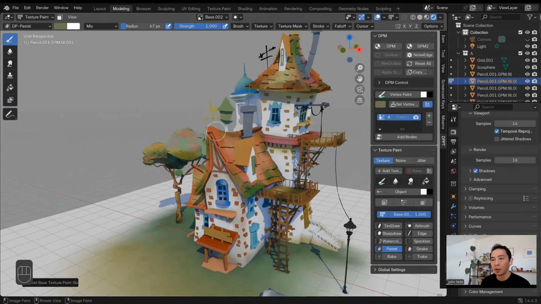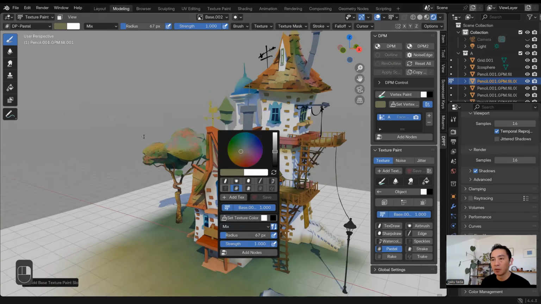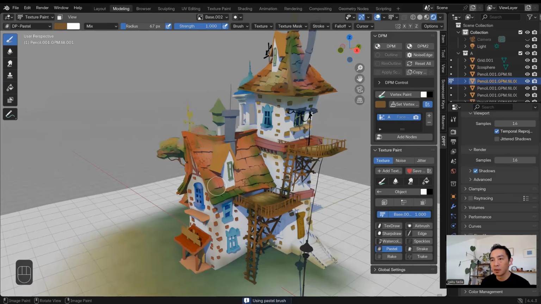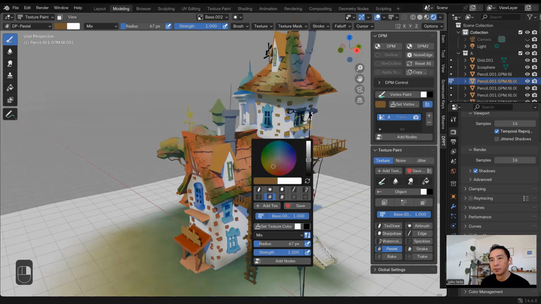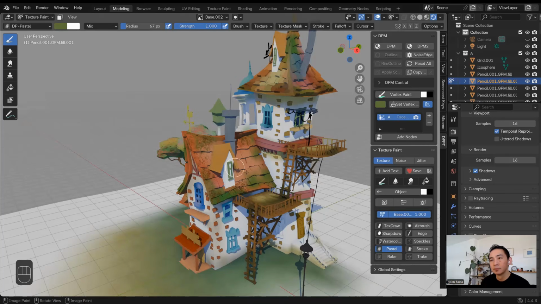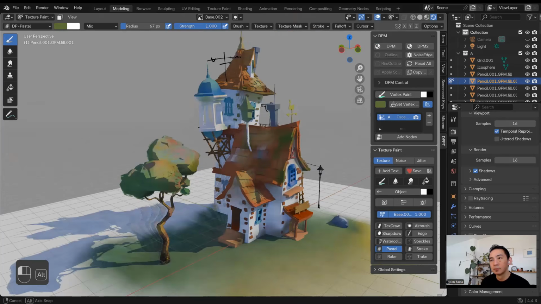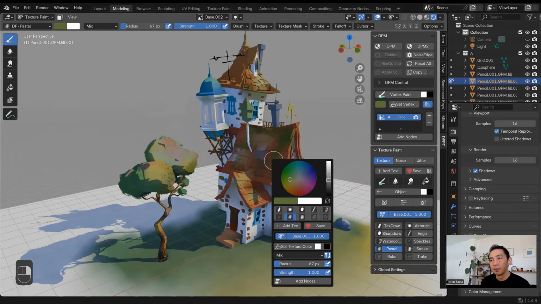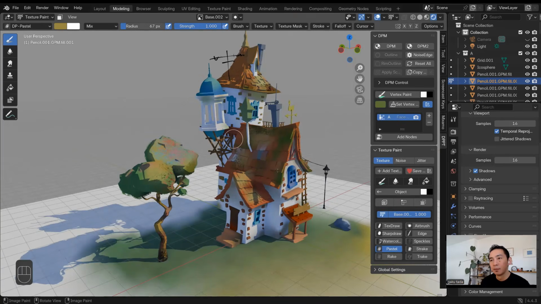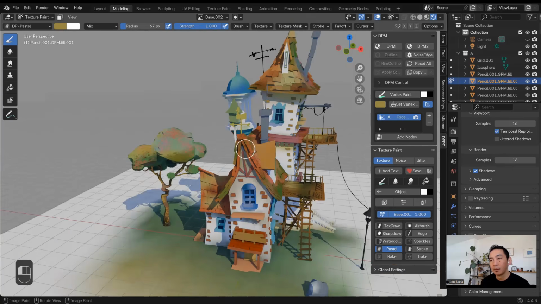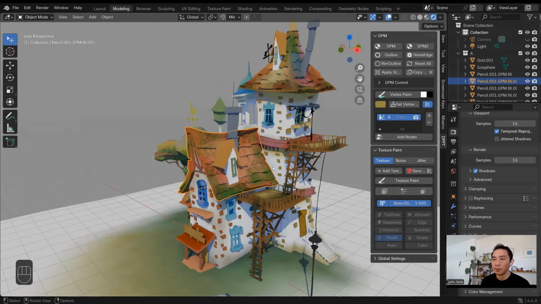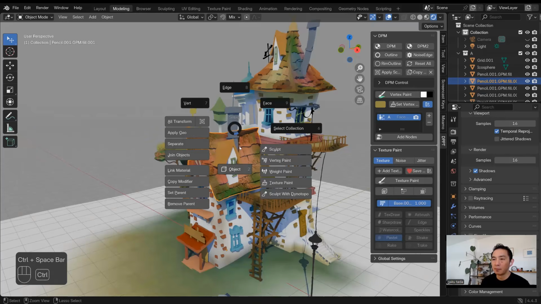And then I can paint even more detail. I need some noise, right? Not bad.